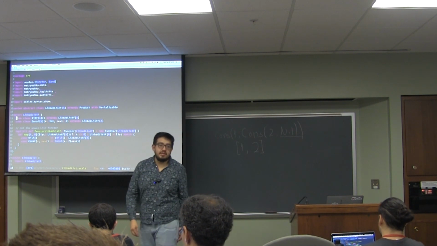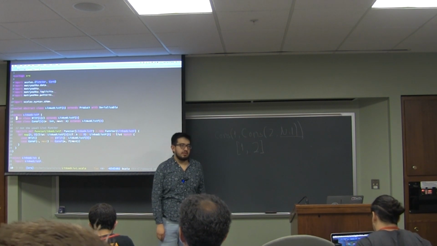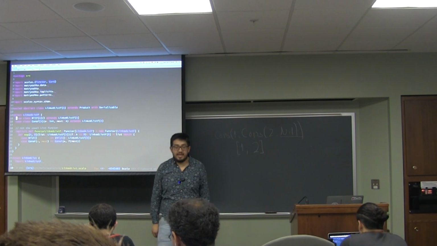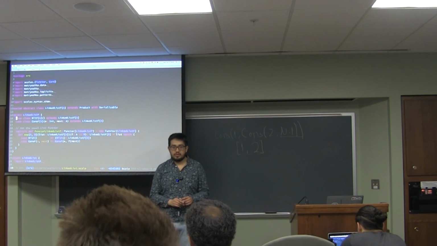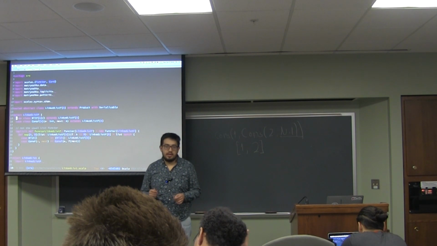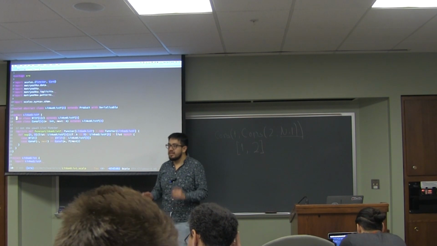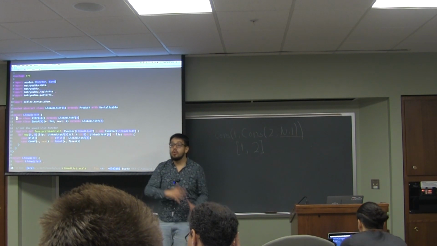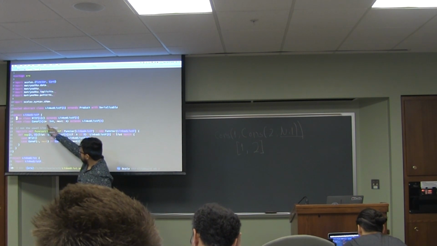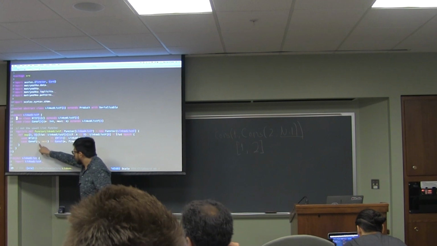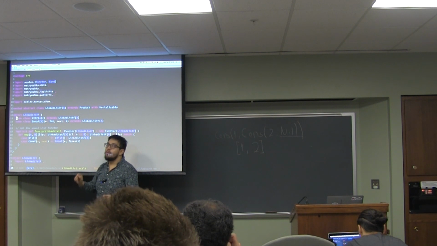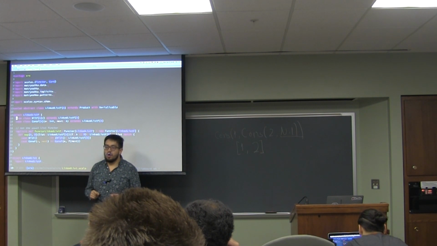In order to use recursion schemes, we will need to define a functor instance. This will be a functor instance on LinkedListF. This is not the usual list functor that will map over a list. This is not the usual map over the list. Instead of mapping over the elements of the list, we will map over the recursive positions of the linked list. So if you see here, the integer, I pattern match on that, and it goes unchanged. We don't apply functions